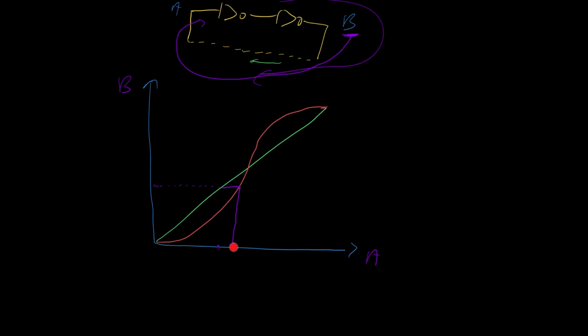So I end up just going straight up to the red curve, across to the green curve. Now this is the same as having gone to the input here. So now we want to know, if this is our new input value, what's the output value? Well, we know that we go up to the red curve, but this intersection point at the green one is the same as down here, so I just go down from the green curve to the red curve to get the same thing. So that means that after one cycle, I now go down, and this is my new output